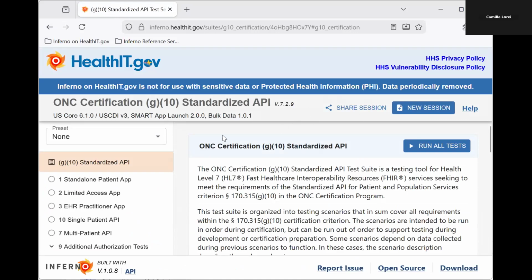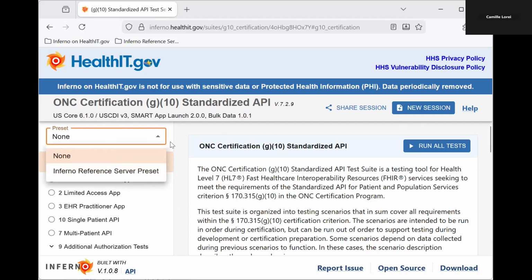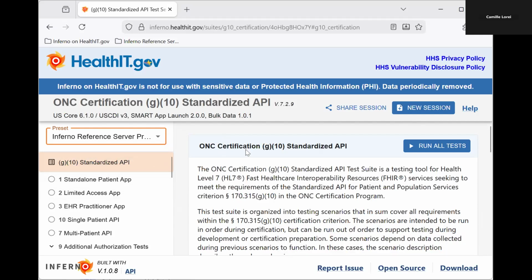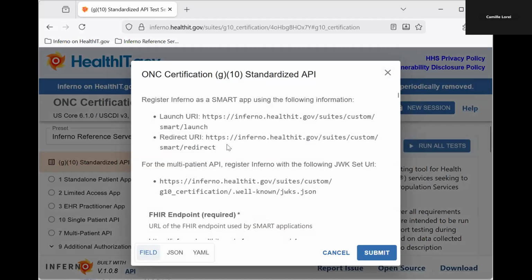for testing a system. And so what's available, just for demonstration purposes, is the Inferno reference server preset, where this will automatically populate a lot of the inputs available. So if you want to just see kind of what Inferno testing could look like with a reference implementation, there can be a preset available for that. And then you can run the tests that are available. For the purposes of time, I won't go through this, but